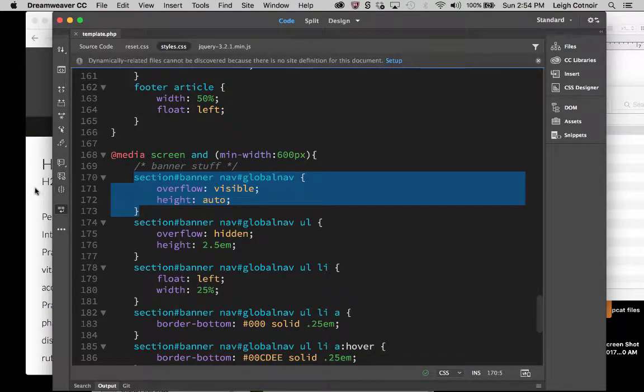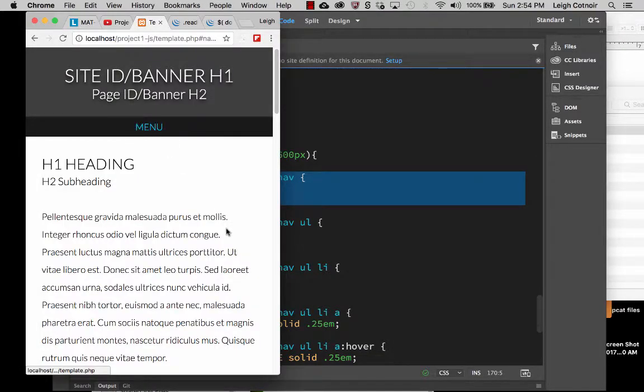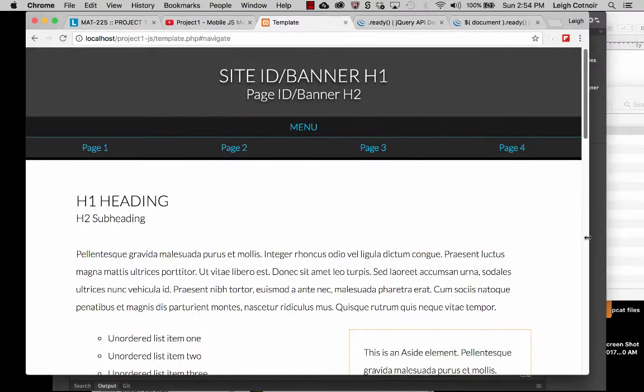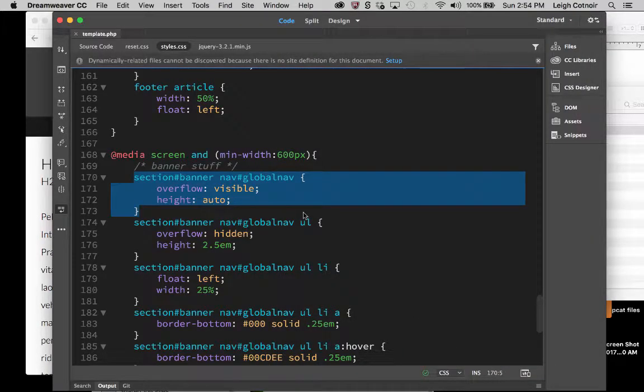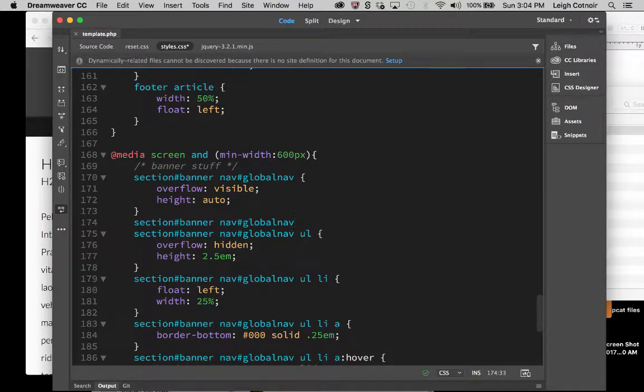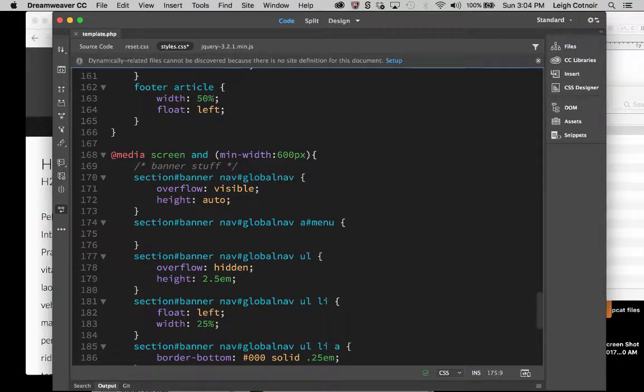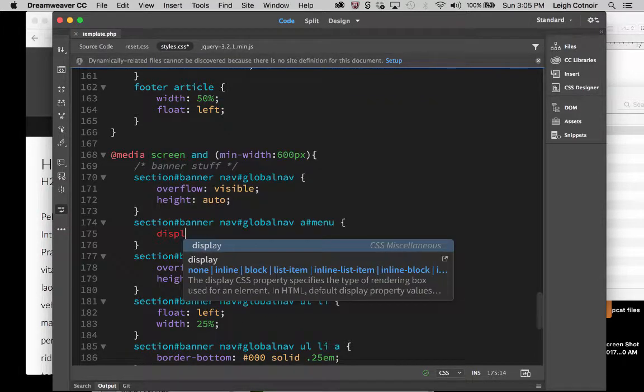So now the trick is going to be to get the menu button to basically disappear on this particular larger screen, right? So that's going to be pretty simple. All I've got to do is make a selector, copy this, and down in the same media query just below it, I'm going to affect the A tag that has the menu ID attached to it. And I'm just going to tell it to be in the 600 plus media query to have a display of